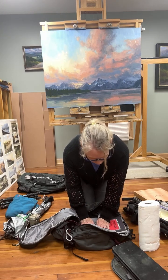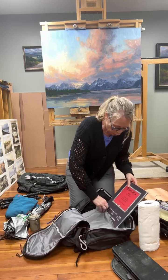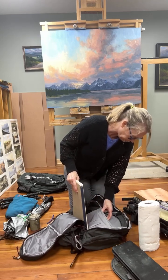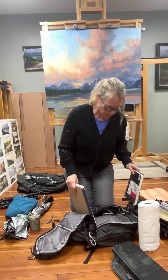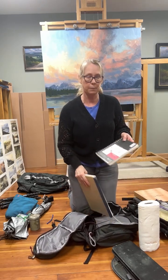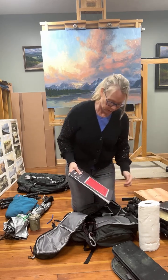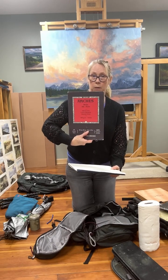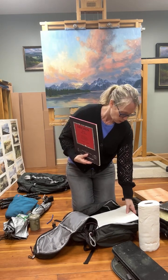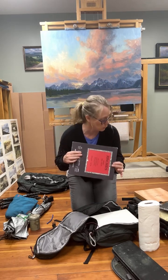Now, I have mentioned a couple times in the emails an alternative for the panels. Let me back up a second. I also have a sketchbook here in the back of my backpack. So there's my 5 by 8 sketchbook for sketches. Then I have the Arches oil paper. And I mentioned in a couple emails that if you want to travel really nice and lightweight, as opposed to carrying